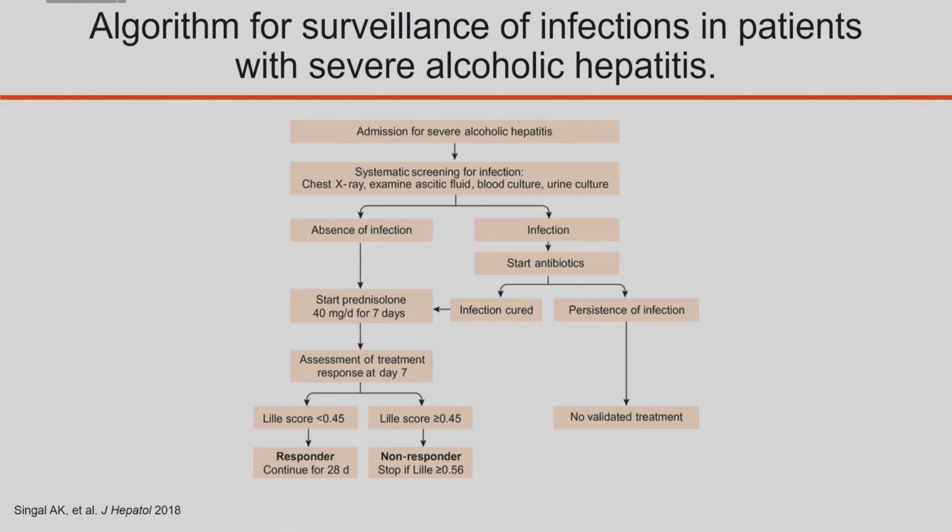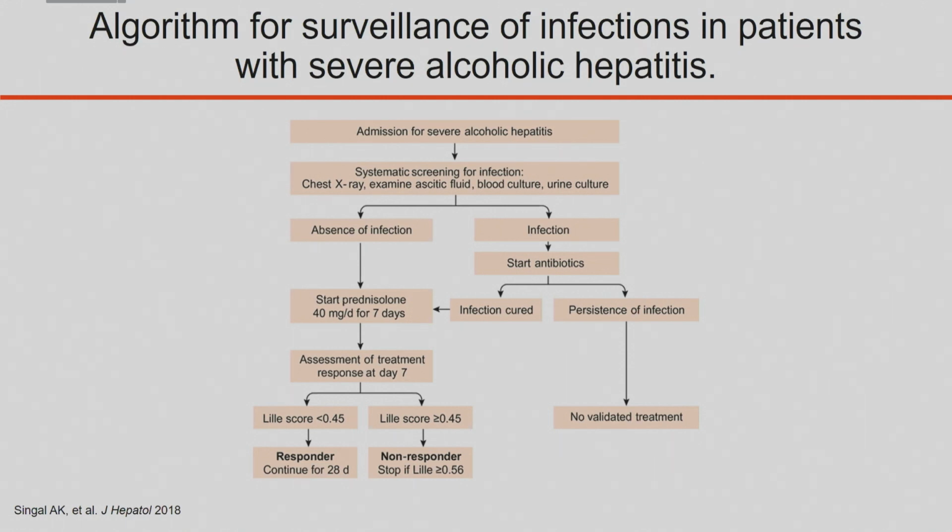So for my colleagues, Jihan, Gina, and Bishoy, do you guys use a Lille score in your patients who you start on prednisolone or any corticosteroids? Yes, definitely. Absolutely. I think there is a role for steroids in acute alcoholic hepatitis, but you have to be very strict about your patient selection. So as Dr. Yanni said, when the MELD is greater than 22 or the creatinine is going up, I don't think prednisone is going to help that situation at all.